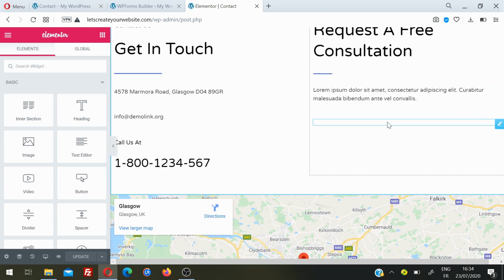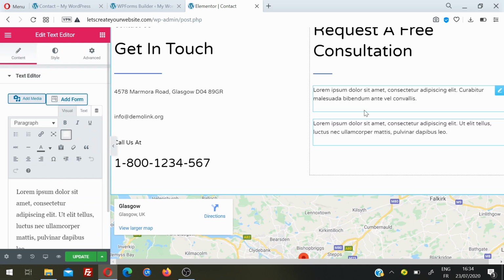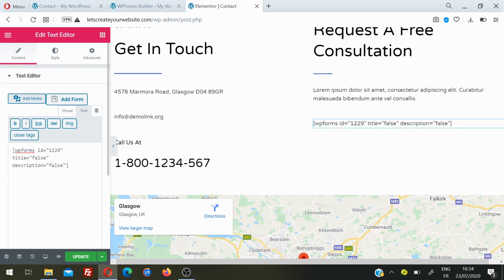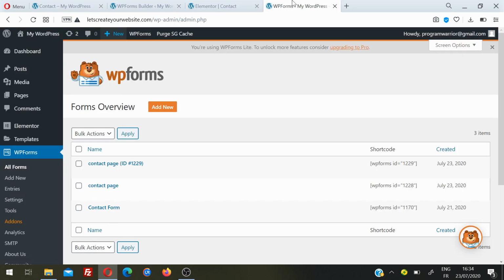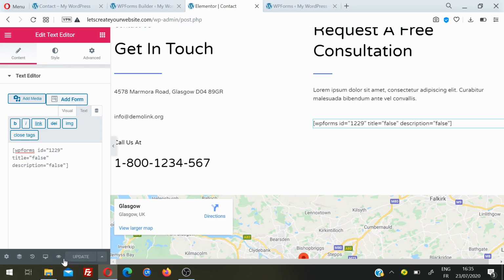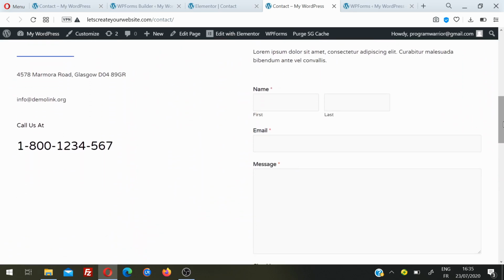For example, if I want to add the form here, what I will do is go to the left sidebar, and drag and drop the text editor here, and now I will go to the text tab and paste the shortcode that WP Forms gave me. Or you can go back to WP Forms and choose the shortcodes from here. For example, if you want to add this form, you can choose this shortcode, copy it and paste it into the text editor. Always remember that you have to choose this text tab from here, not the visual one. If you choose the visual one, you will have an error on your page. So now we added the shortcode on the page, click on update, and now we can preview our change. Okay, you can see here our form is added.